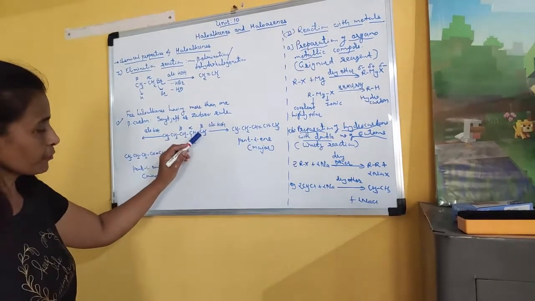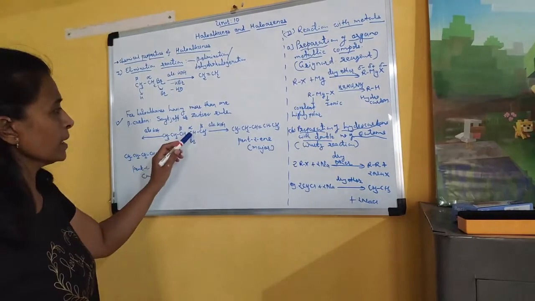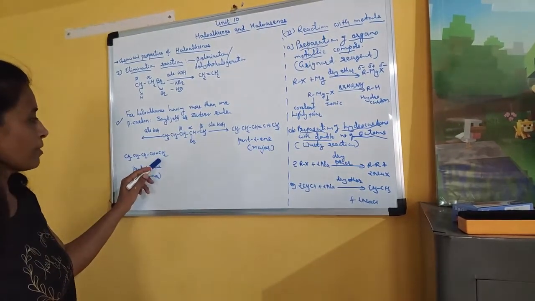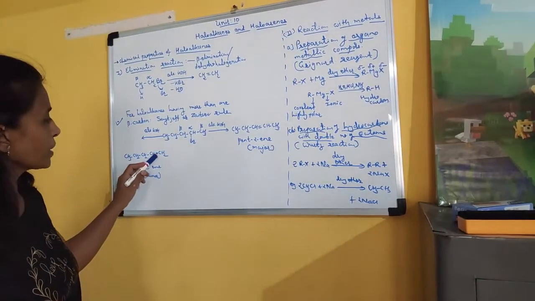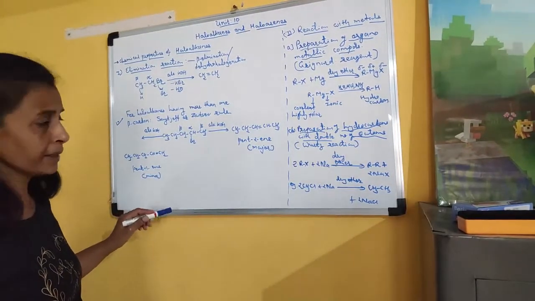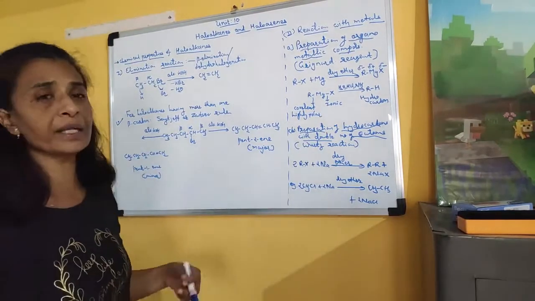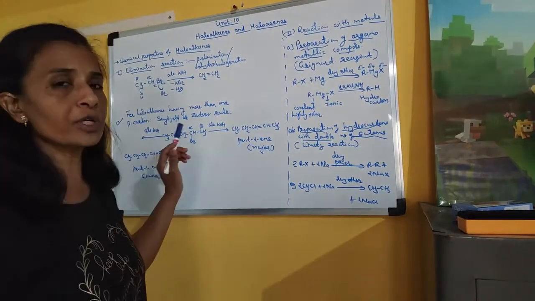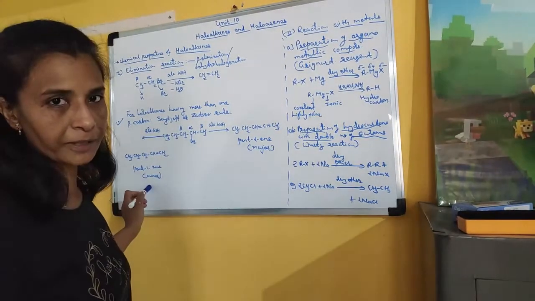Now if the first terminal carbon is considered as a beta carbon, then a double bond is formed between these two. So this type of alkene is obtained, which is called pent-1-ene. Now the double bond is between first and second carbon, so it is pent-1-ene. Clear? So in this type of alkene, where more than one beta carbon is there, we get two different compounds. One is a major product, the other is a minor product.